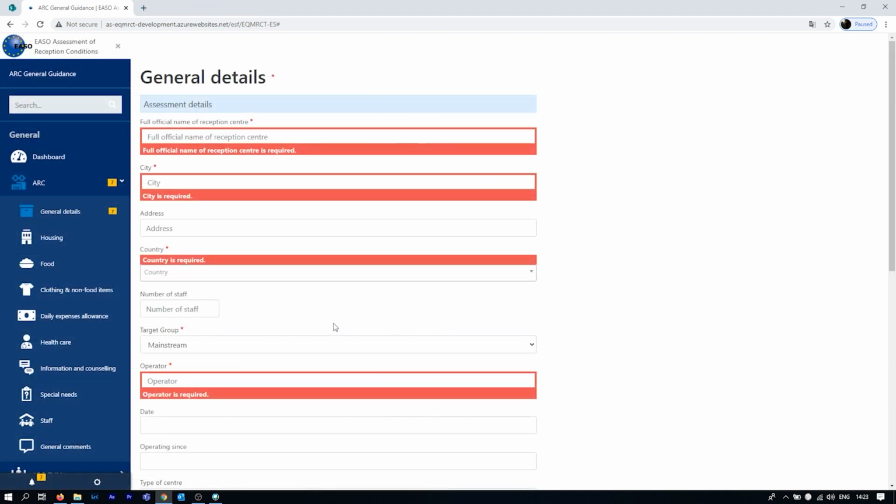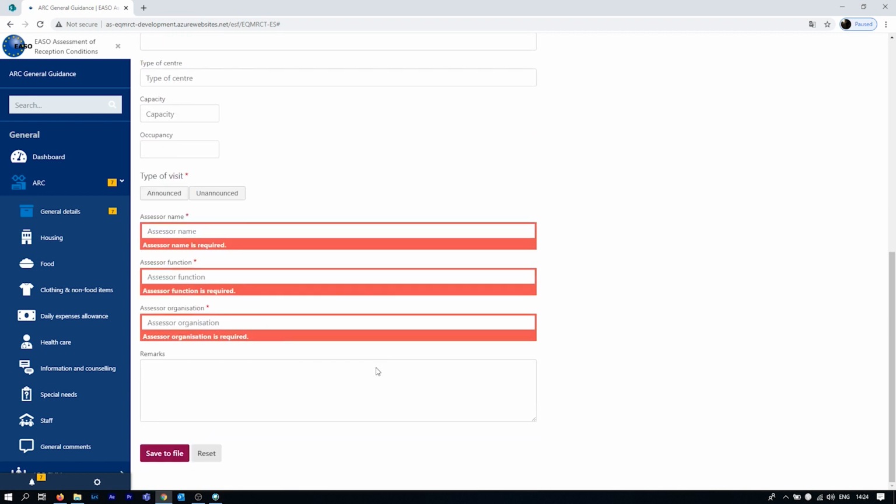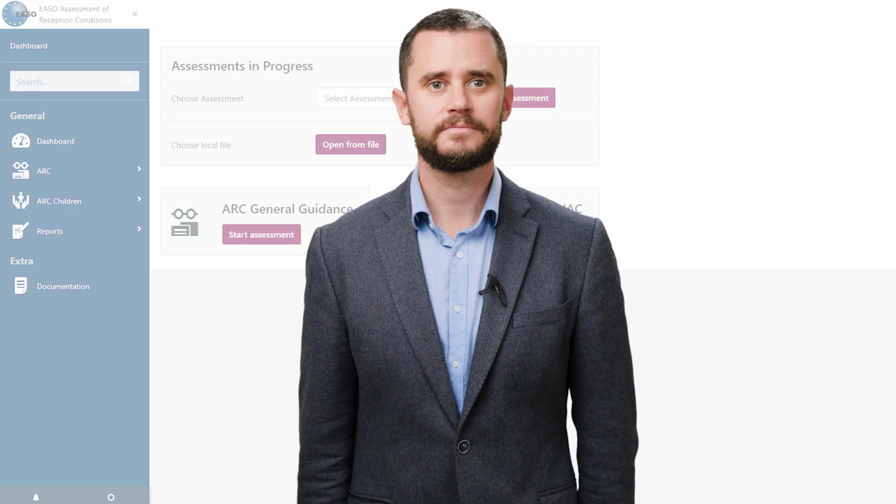If you leave a required field empty, a notification will pop up on the left sidebar reminding you that the information is needed. The last free text field on Remarks allows you to type in any other relevant information you have already gathered and want to appear in the assessment. A file is created once you move from this screen to the next. You can also choose to immediately save your file physically on your mobile phone or on your desktop in a dedicated folder. In any case, you can come back to this field at any point.